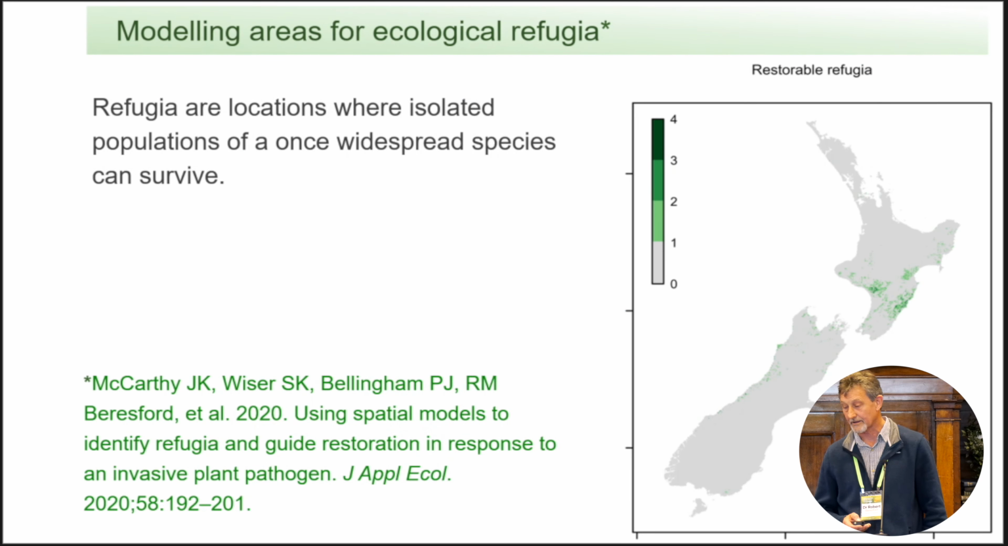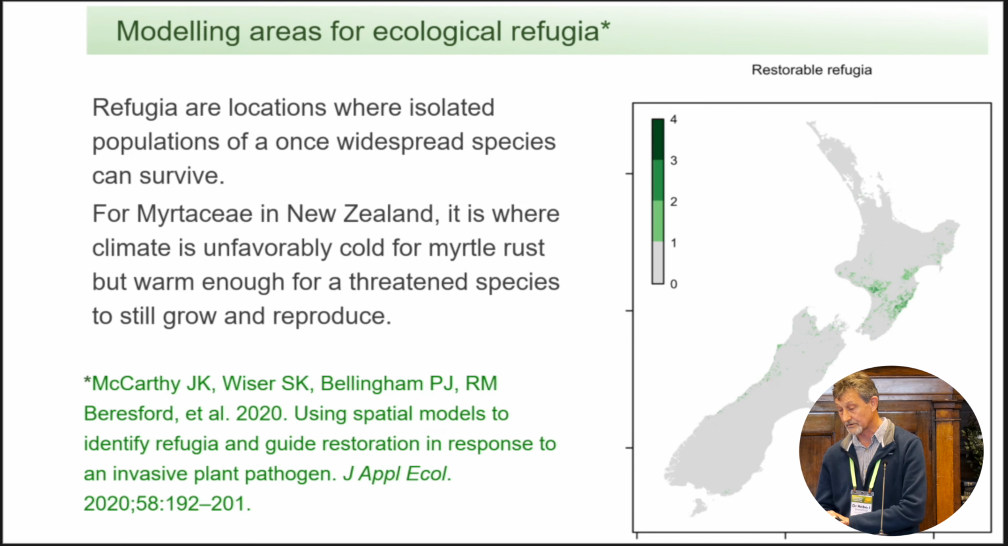This one is just a cross-reference to James's earlier talk today on the refugia, which used the data from the myrtle rust risk model. And so refugia in this sense, of course, is where the climate is unfavourably cold for myrtle rust in the New Zealand situation,